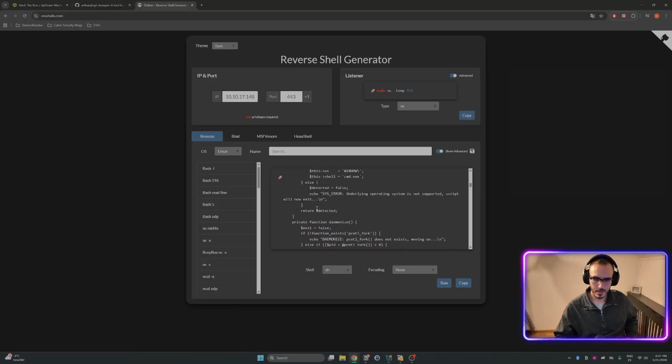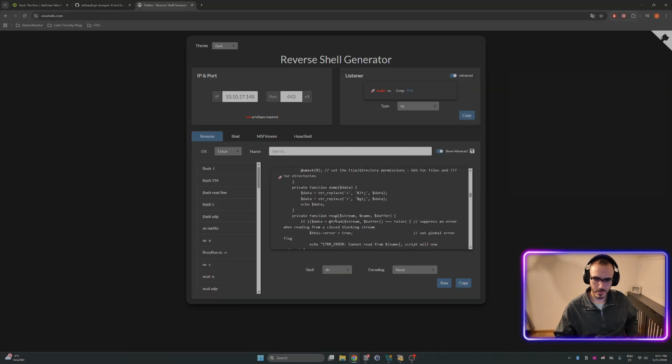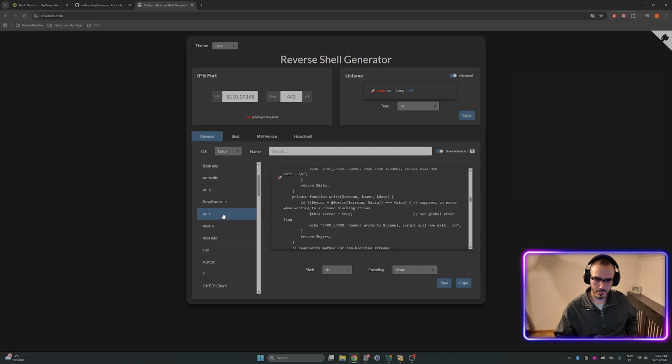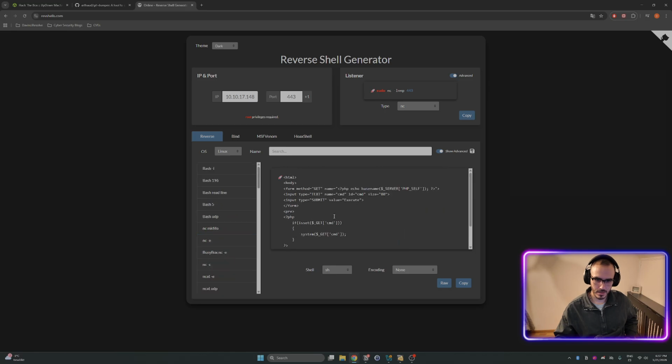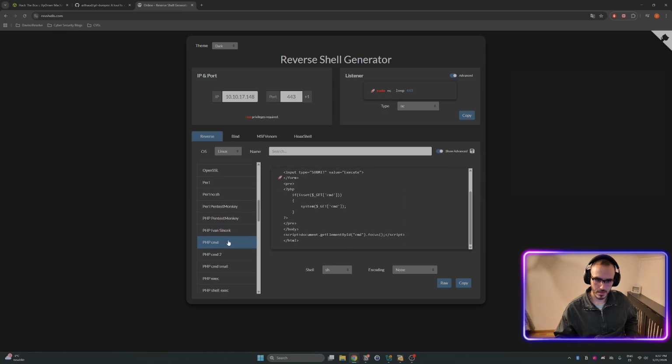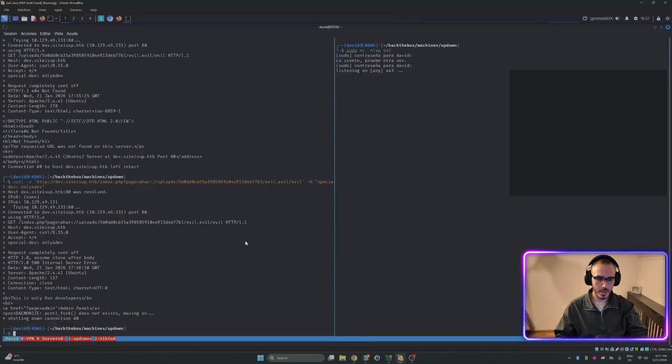Okay, so we are gonna need to find another PHP shell. We can use this one, for example. This one would for sure work, I would say. No, wait. Something we can do better when we face this is let's load our